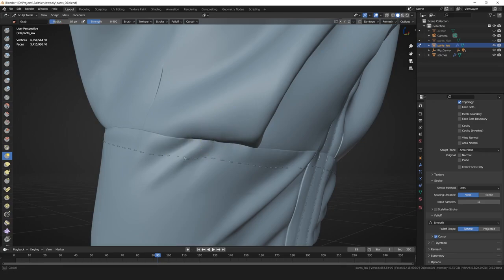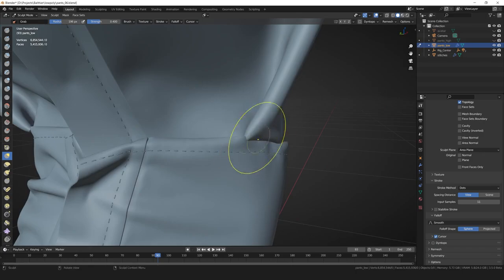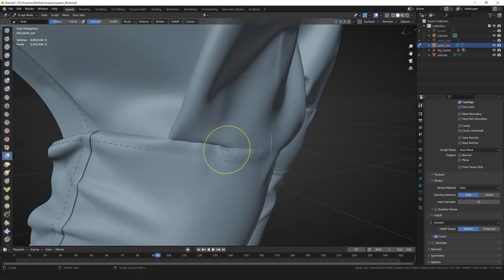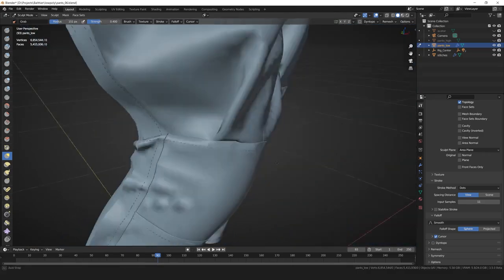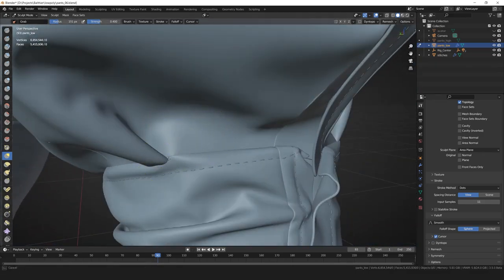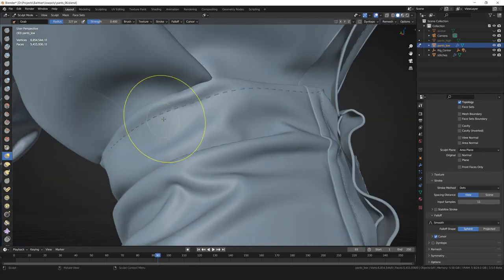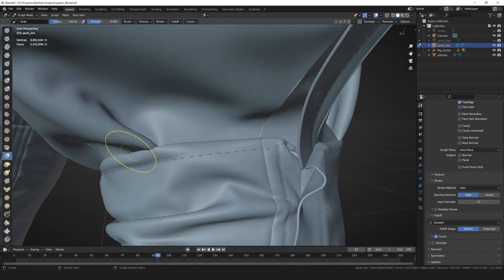As you can see, I do like to keep a lot of these panels that we had from Marvelous Designer. I like to keep a lot of them separated and not necessarily welded together. There are, of course, panels that I do want to weld together because perhaps I had multiple panels in Marvelous Designer, but I actually want to have one continuous mesh afterward once I am sculpting on top of the garment. But more often than not, I actually like to keep my panels separated